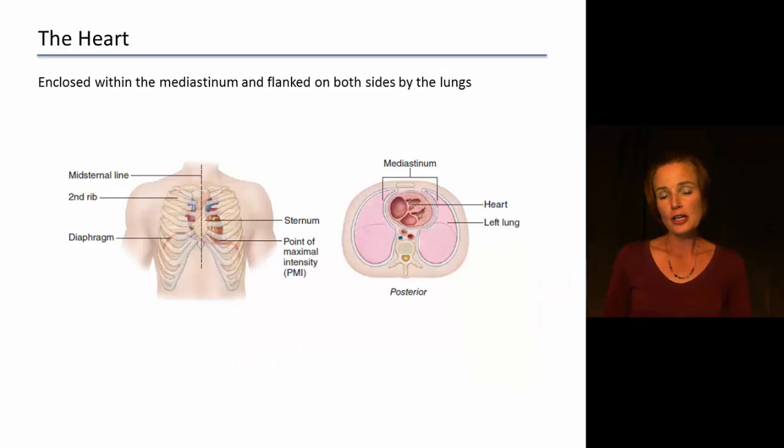Now, if we talk about the heart a little bit, the heart is going to be located right here in the center of the chest. This is going to be within the mediastinum. And the heart is going to be enclosed within the lungs. So the lungs kind of wrap around the heart. If you look at the image here, if we look at it from the top view, we can see that the heart is going to be shifted towards the left side a little bit, so more over towards the left